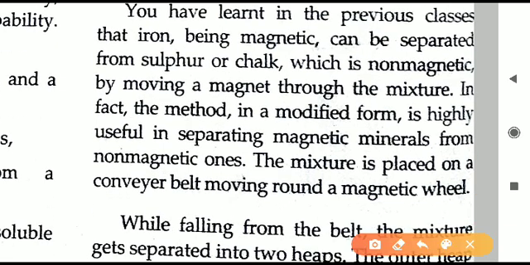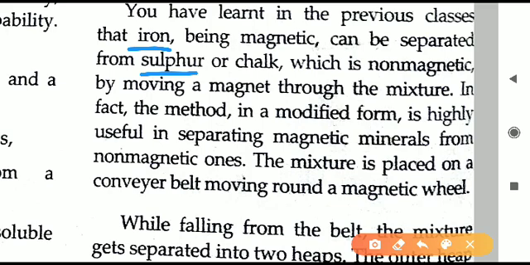Like we can separate iron from sulfur. Iron and sulfur, if mixed together, iron in powdered form and sulfur also in powdered form, not the exact crystal or rigid solid. I am not talking about rigid iron metal, I am talking of the powdered form. If both are present in powdered form, then it is very difficult to separate them. But using a magnet, it is very easy.